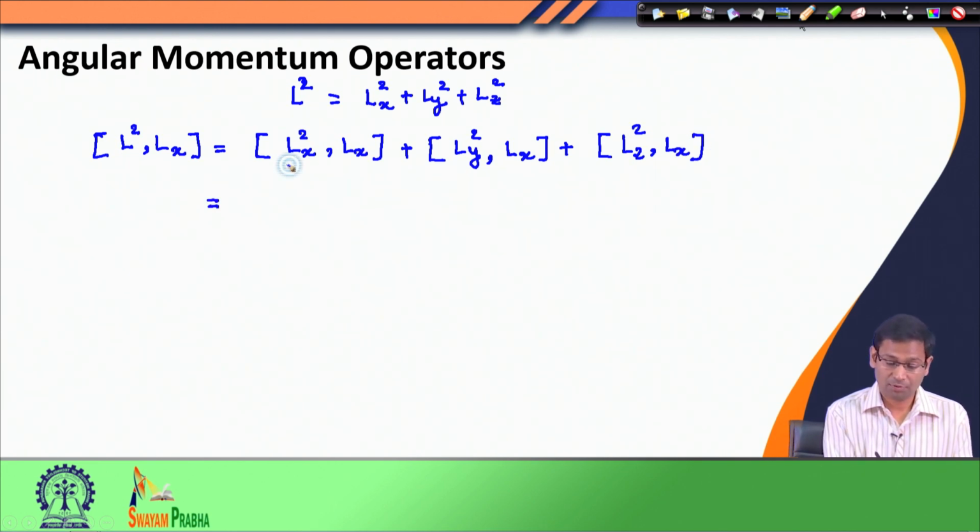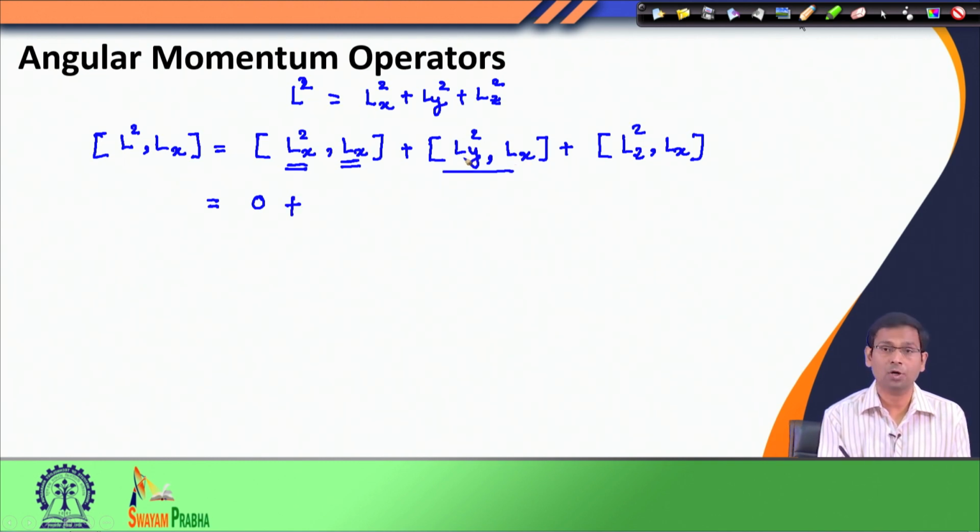Since I am trying to evaluate the commutator between Lx and Lx square, I know that in an earlier class we had discussed that A to the power n and operator A always commute. So, this term is 0, and I am left with Ly square Lx. This is a product of two operators Ly and Ly. To obtain this, I will have to evaluate these two terms,